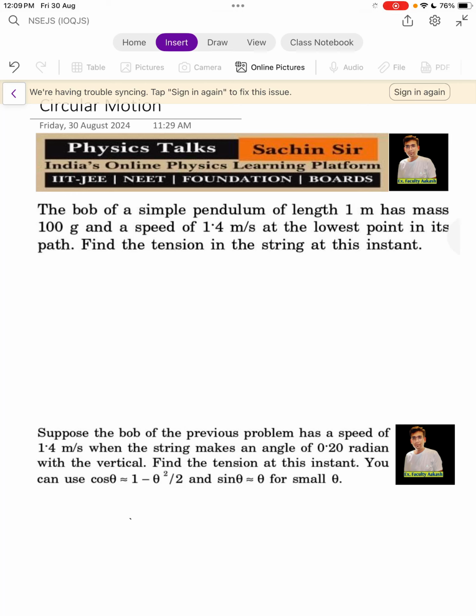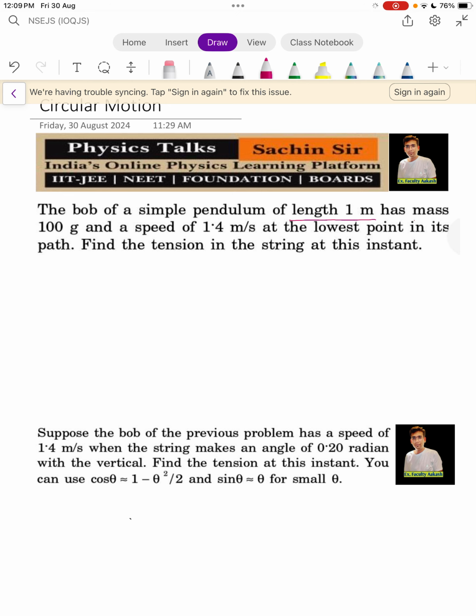हेलो बच्चों। तो आज की क्लास में हम लोग सर्कुलर मोशन इन 2D डिस्कस करेंगे। और सर्कुलर मोशन में हम कुछ न्यूमेरिकल प्रॉब्लम सॉल्व करेंगे। दोज न्यूमेरिकल प्रॉब्लम्स आर बेस्ड अपॉन सिंपल पेंडुलम। ठीक है, तो पहला क्वेश्चन हम लोग पढ़ते हैं। द बॉब ऑफ ए सिंपल पेंडुलम